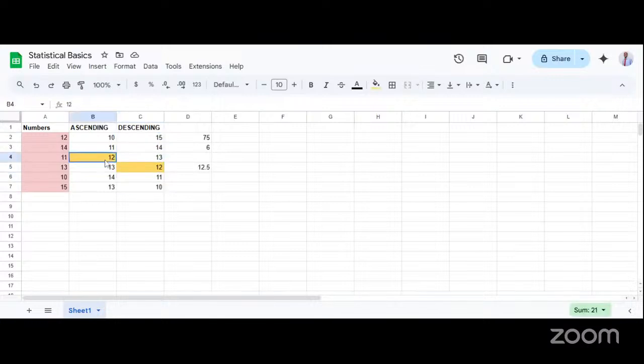So you will notice that in ascending order, the values at the middle were 12 and 13. Then in descending order, it was 13 and 12, which is still the same values. But if we had 5 digits in this set, it would have just been 12 occurring at the center.